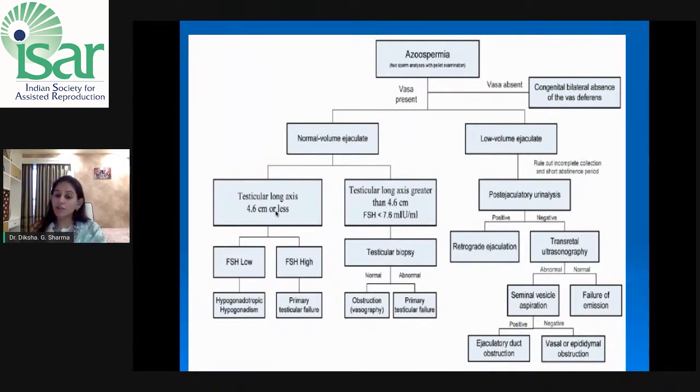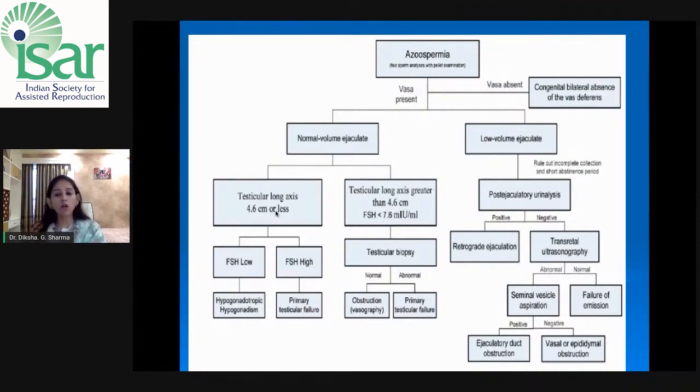So we can do a transrectal ultrasound to rule out obstructive etiology. In case a transrectal ultrasound shows dilated seminal vesicle, we can do a seminal vesicle aspiration and we can confirm ejaculatory duct obstruction. Or if seminal aspiration is negative, then it can be a higher obstruction of the vas or the epididymis. Coming to the normal volume ejaculate, the next thing we have to see is whether the testis